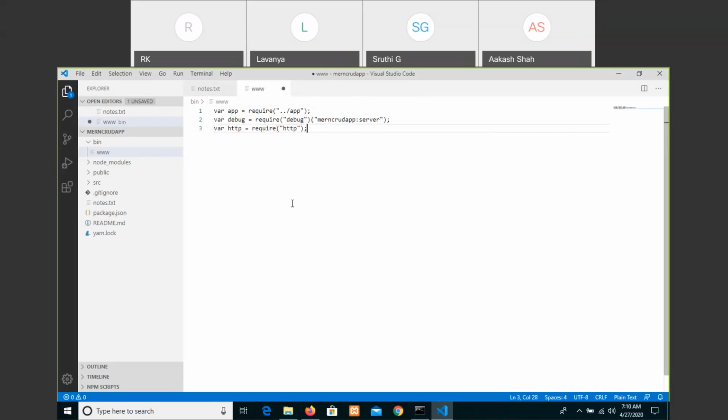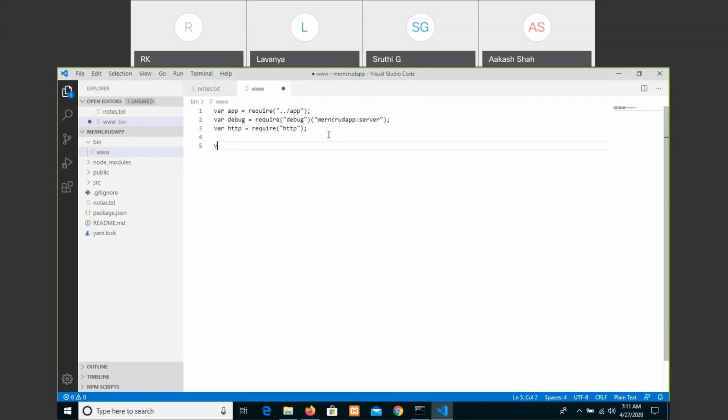So the lines which we require, app Mern CRUD app, should connect to the server, and then the links where the user is typing from one page to another page through HTTP have to run.